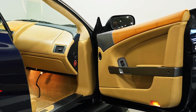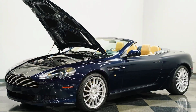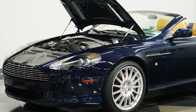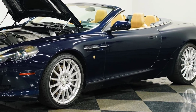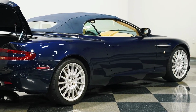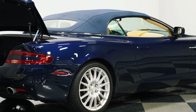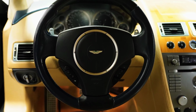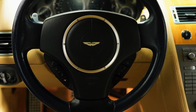Step inside and you're immediately reminded that Aston Martin builds cars differently. The cabin is wrapped in leather, not just placed there but tailored. The heated leather seats provide comfort without sacrificing support, perfect for long distance touring or short spirited drives. Everything you touch feels deliberate, from the steering wheel to the controls to the way the doors close with that solid, expensive click. You've got air conditioning and cruise control for effortless cruising, power seats to dial in your perfect driving position,